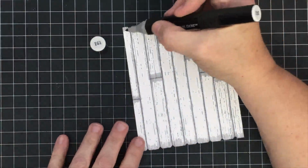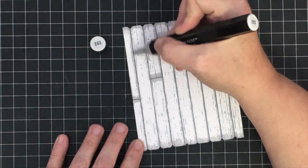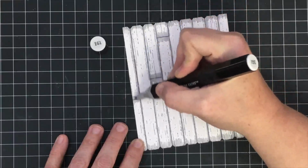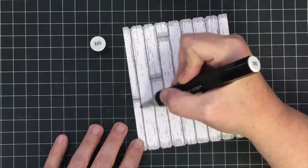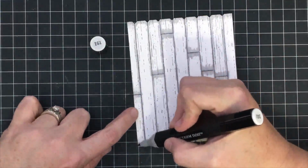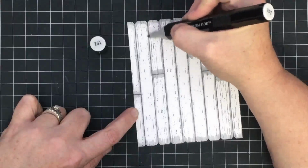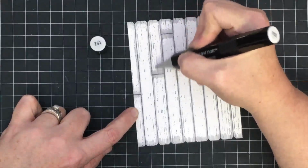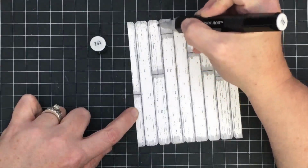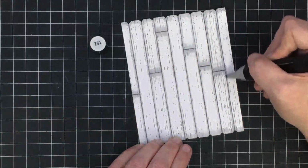if you had something that were light enough colored. Now I'm taking the lighter color, the second color, and I'm sort of blending, not exactly, but just kind of doing a rough, scrubby kind of blend there to kind of soften up that dark gray and just kind of make it work into the white. Again, not even necessary because a fence can be as rough and rugged as you'd like it. So have fun and play with this part and make your fence look the way you want